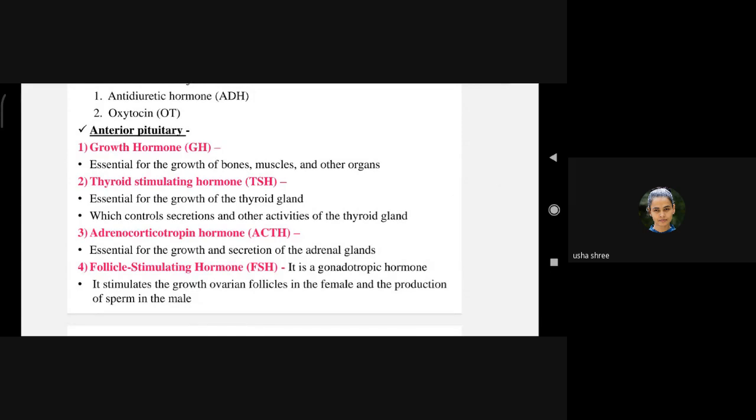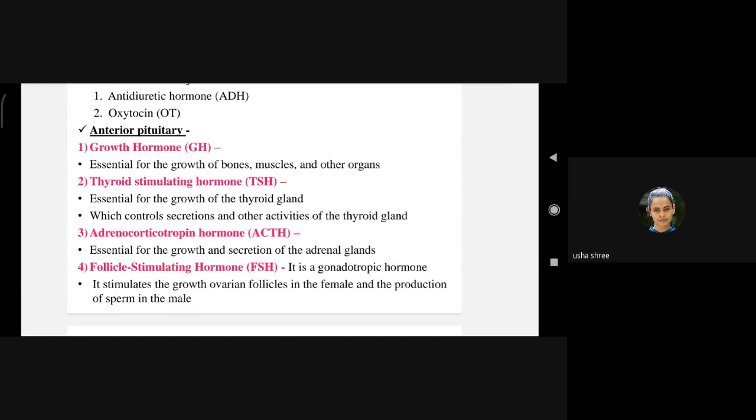And this means this is a chain. Hypothalamus is secreting adrenocorticotropin releasing hormone. Now, the cells of pituitary are getting stimulated, and cells of pituitary are producing adrenocorticotropic hormone. Now, this adrenocorticotropic hormone is acting on adrenal glands, or the cortex of adrenal glands. Now, this cortex of adrenal glands is producing cortisol. So, this is a chain or this is a loop.